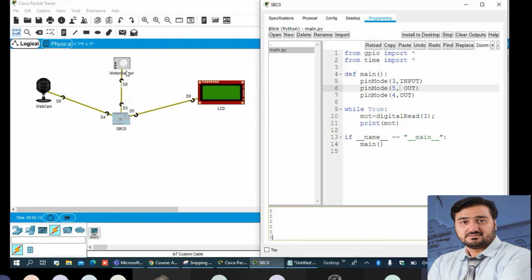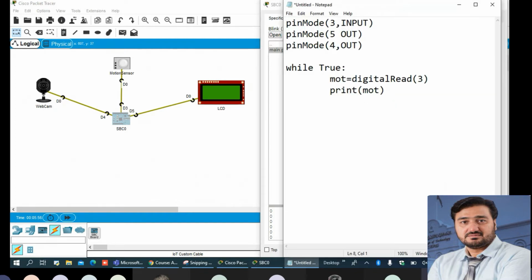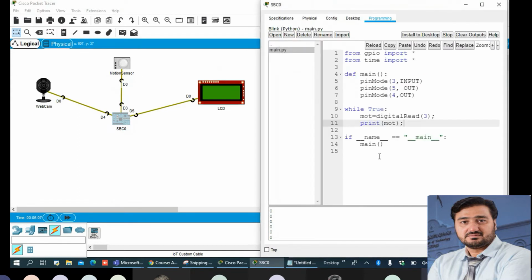Now let me stop and write the full program. Clear the output. Now the rest of the program let me write here. Let me finish this program here.